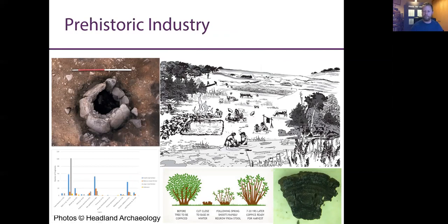So that, again, is thinking about how people are acting sustainably within their landscape to preserve that wood resource rather than just completely felling it, or are they completely felling it? And we often see in some of the burnt mound evidence that we look at that there is a lot of felling of woodland for fuel for burnt mounds. So again,